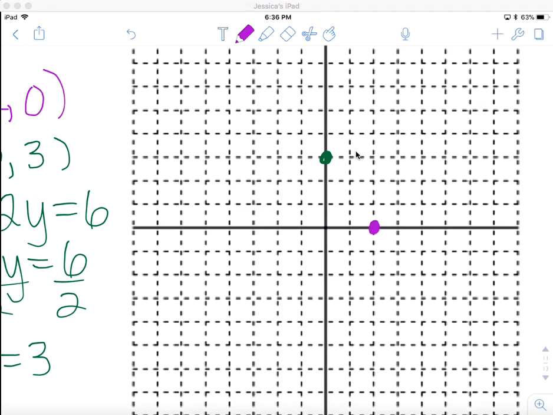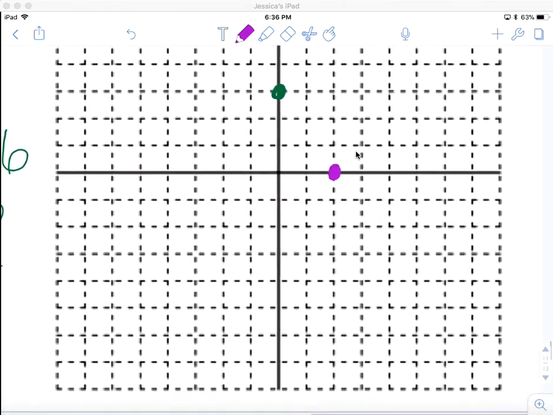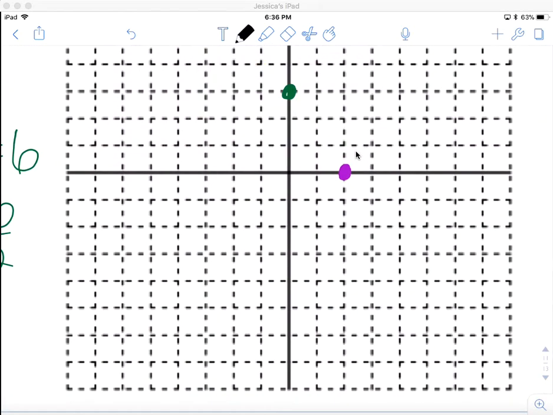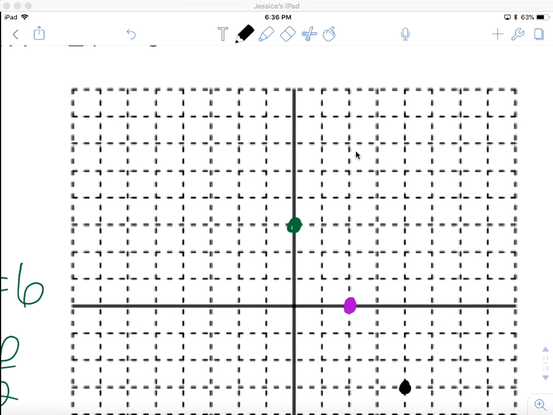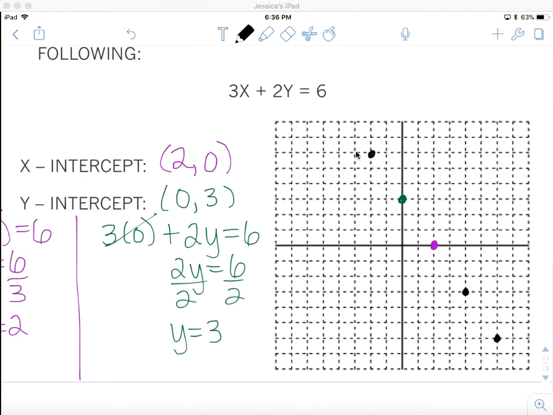Looking at these points, I can see that I go down 3 and right 2. So I can continue that slope all the way across. Down 3, right 2. Down 3, right 2. If I go up 3, then I move left 2 to keep my slope negative. So again,